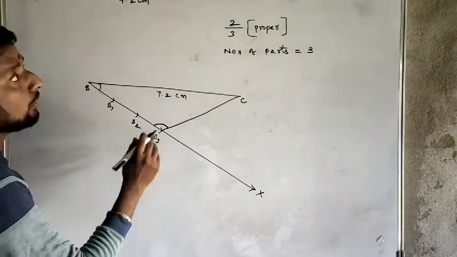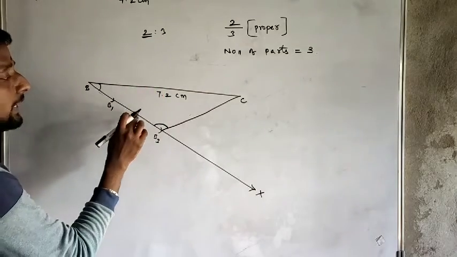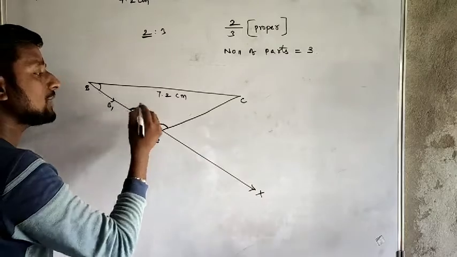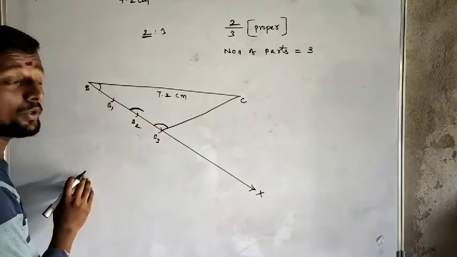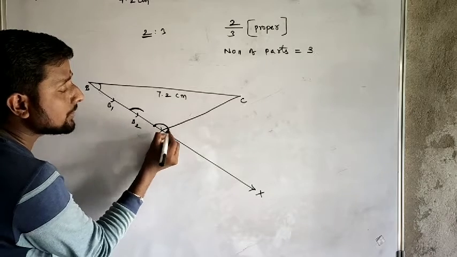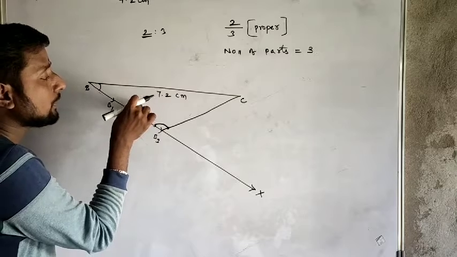Now we are talking about 2:3. So the number is 2. At the 2 also, do the same. Try to make a mark with the same radius. Then what should we do? Just measure the edges of the angle. Look, here one edge, here one edge. With the compass, measure the edges and try to make an arc.